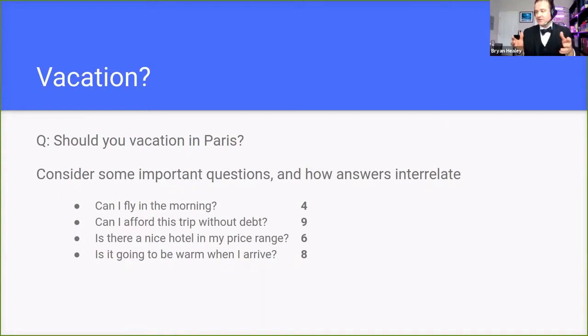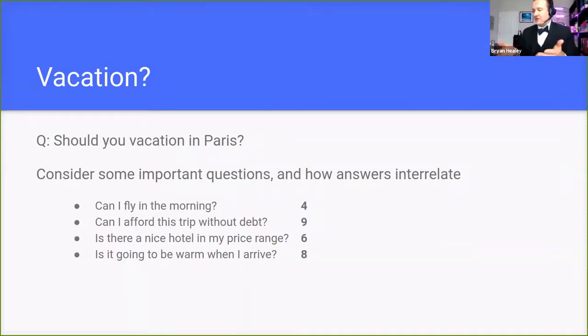So now I have my friends lined up, and I'm going to give each one of them one question, and they can only answer and consider that question. So friend A, I say, I'm thinking about going to Paris and I can fly in the morning. Should I go to Paris? Person B, I'm thinking of going to Paris and I can afford it without debt. Should I go to Paris? And they can only consider the question I've given them. That's essentially what I'll describe as the input layer of a neural network. They only get one set of data. And each one of these represents a feature being processed.